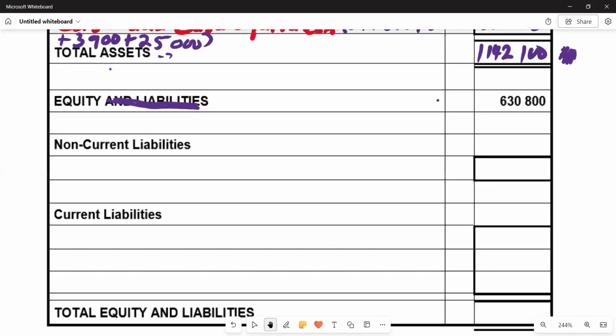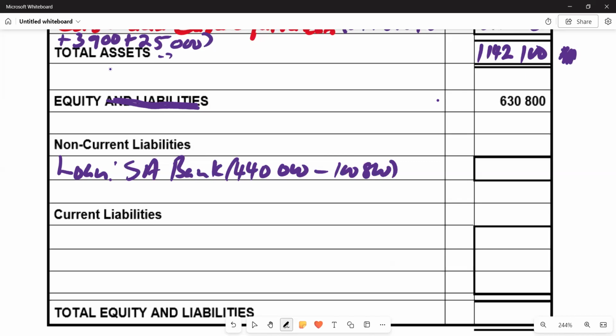So we are here. We are now saying loan, SA Bank, and in brackets we are saying it was 440,000 in the trial balance, and then we remove the current portion of loan, which is 100,800. And then the net figure that we are left with is 339,200. And it's also going to represent our total non-current liabilities, which is our